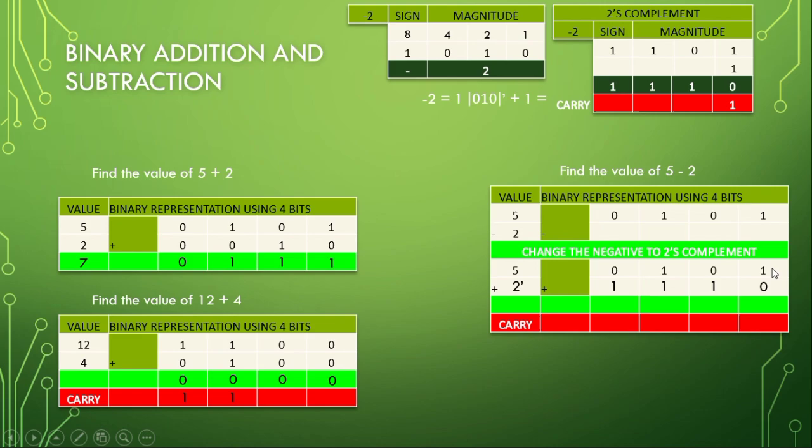So we have 1 plus 0 of 2's complement. Here we're going to have 1. 0 plus 1 is equal to 1, and then 1 plus 1 is equal to 0, with a carry bit of 1. Great. So we have 0 plus 1 there, which is equal to 1, plus 0, which is equal to 1, plus 1, which is equal to 0, the carry bit of 1, like so. Meaning our value here is going to be 5,